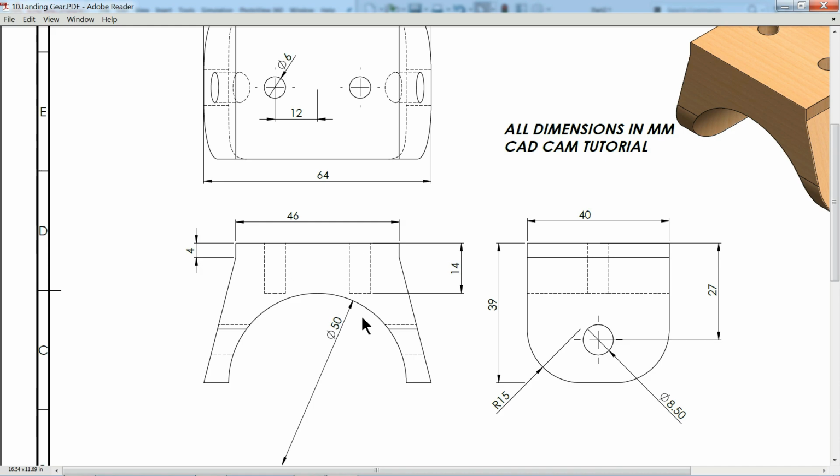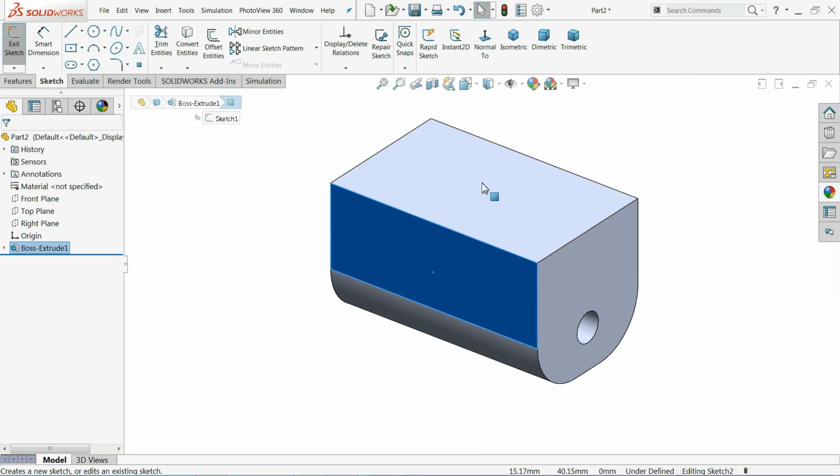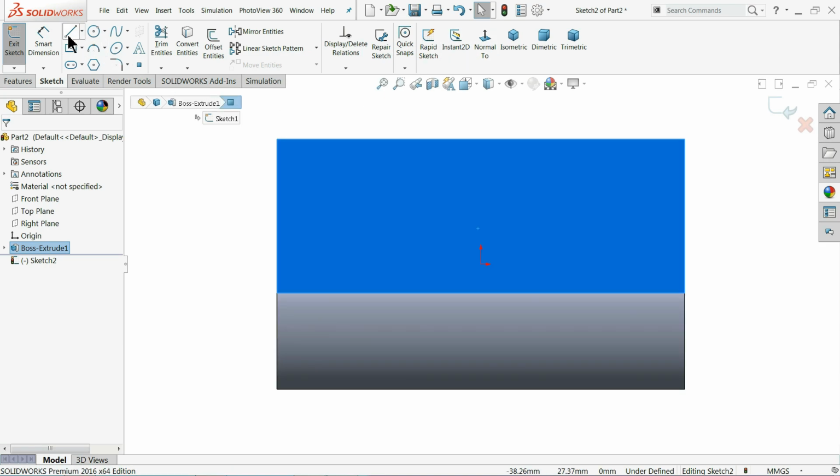Now in the next step we will cut this circle, diameter 50 millimeter, and outer things we will cut. So the outer edge 46, downward 4 millimeter, and these things we will cut up to through all. So let's try this face, sketch normal, and here let's make one center line first.